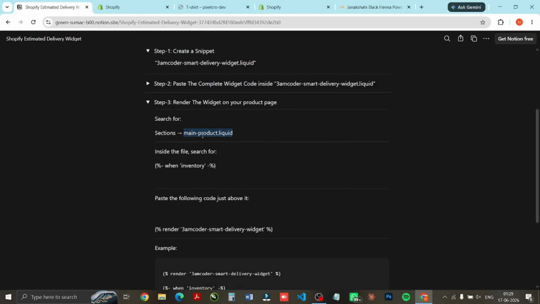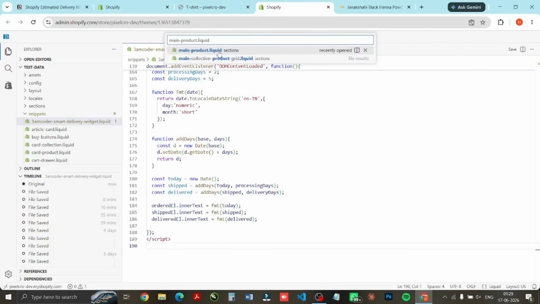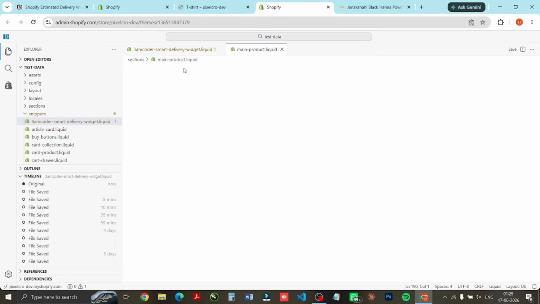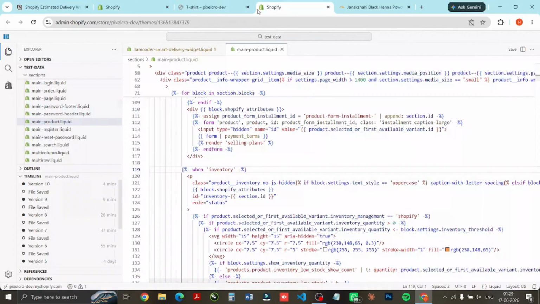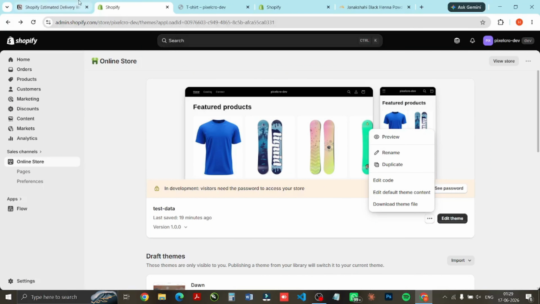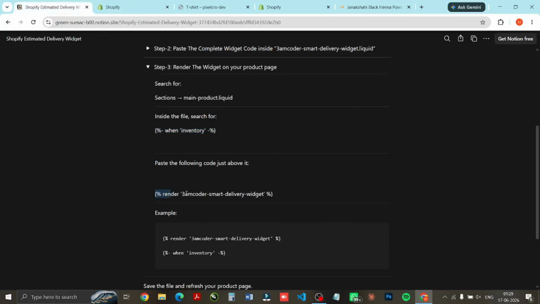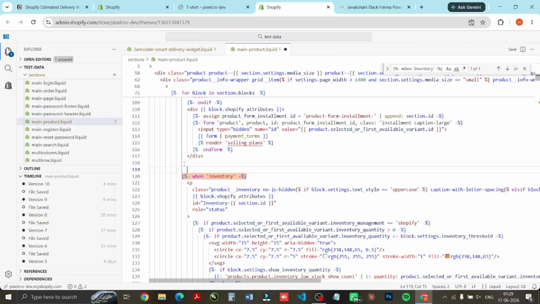We are going to do that by copying this main product.liquid and searching it here and then opening the file. Then we're going to search for when inventory. So we'll click inside the file once and press Ctrl F and then paste when inventory, and there's only one instance of it. And then we're going to copy this render code from the instructions manual and paste it above when inventory, like this,